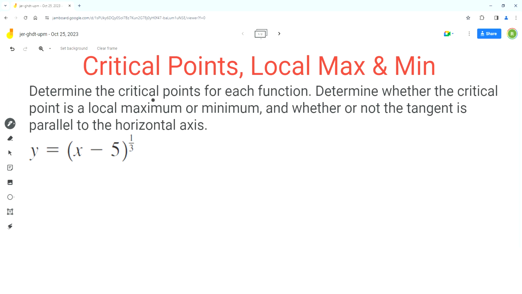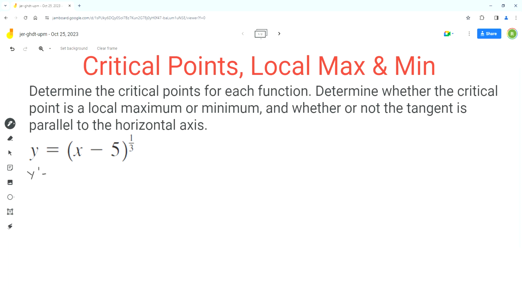Now, a critical point is a point where the derivative of the function is equal to 0 or undefined. So in order to find the critical points, we have to find the derivative of this given function. So let's start with that. So y prime,